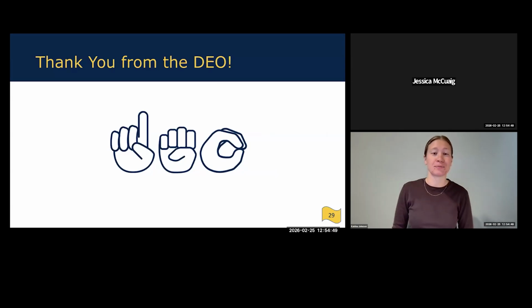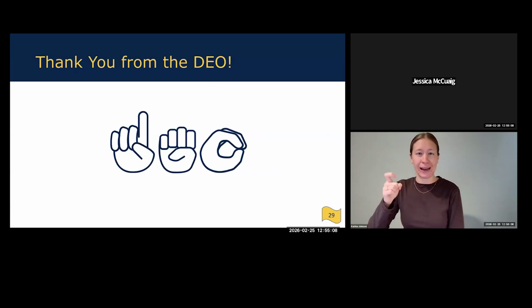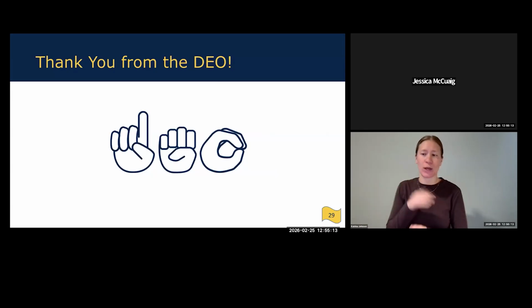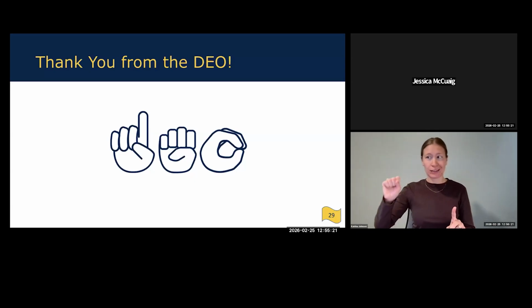So we've had a couple of people ask about the authorizations required for Grackle. We understand that recently the level of access that Grackle is requesting has changed, and people have been asked to reauthorize Grackle as an extension. We are going to reach out to our colleagues in ITS to get more information about this, and we'll share it with everyone in the follow-up email that goes out. This is not a product that we manage, so they are the ones that have been in touch with Grackle about this change, but we'll let you know what it means and whether or not to move forward with that reauthorization as it currently stands.